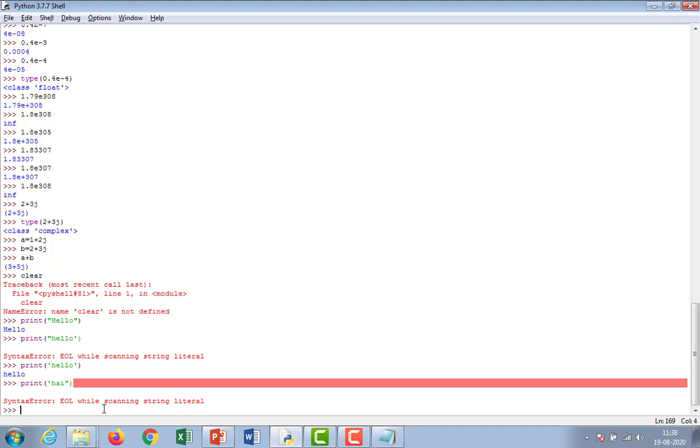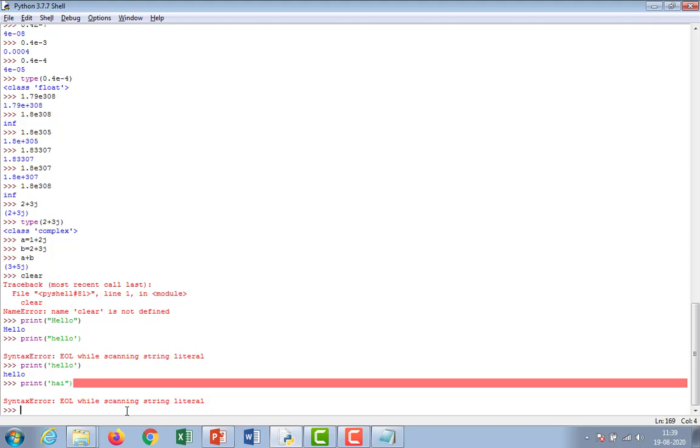So each and every string literal will start with either single quote or double quote. If you start with single quote, you must end with single quote. If you start with double quotes, you must end with double quotes only. So all the characters between the opening delimiter and matching closing delimiter are part of the string. In single quotes, hello is the string because of the starting delimiter and ending delimiter. In between these, whatever we give is called a string.